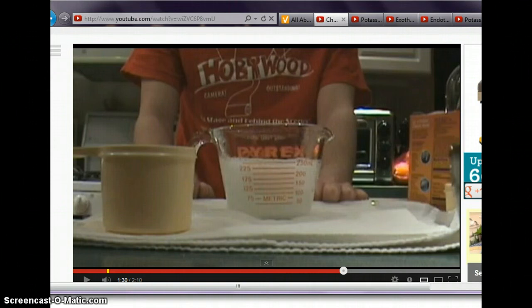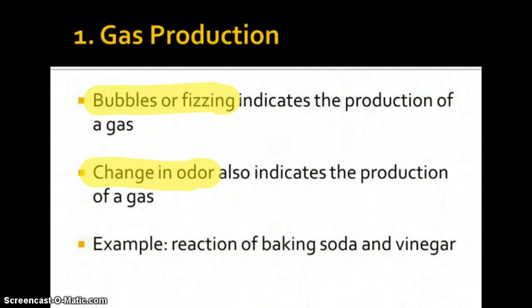All right. As you can see in the reaction of baking soda and vinegar, we know it's a chemical reaction just by the fact that there's so much fizzing and so many bubbles that are produced during that reaction. There must be a chemical reaction taking place. All right. The second indicator of a chemical change